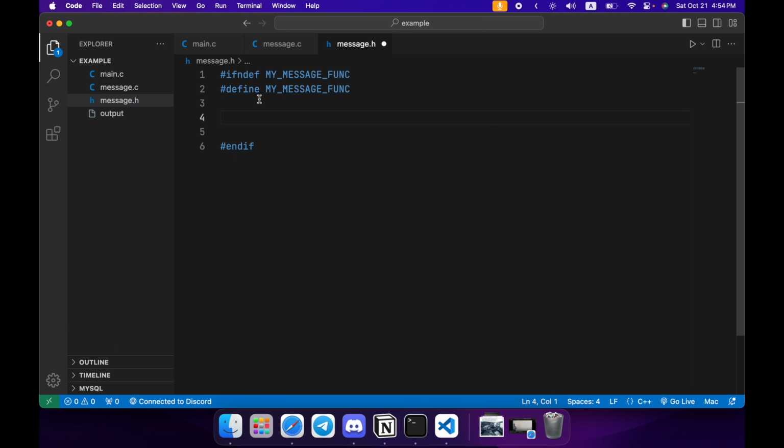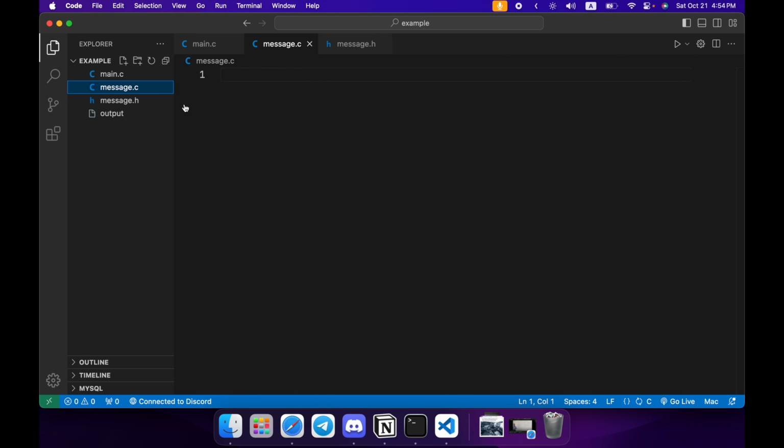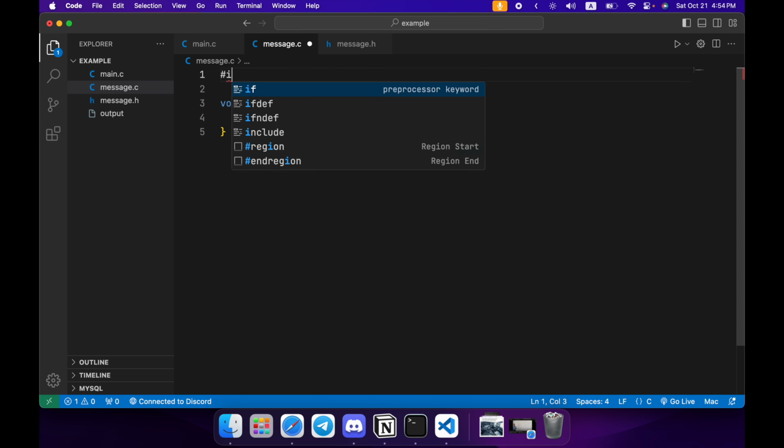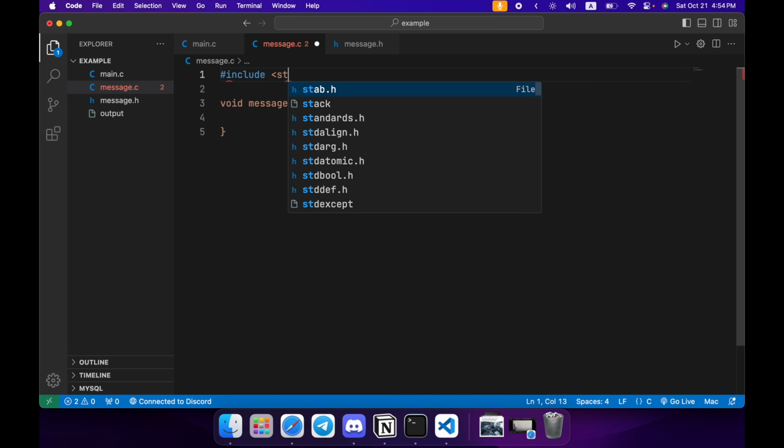I'm sure you already know this, but it is a good idea to type these just for practice. Most modern IDEs will type this for you when you create the header file, but it is still good practice. Let's declare a function called message_hello, and now we can go back to the message.c and create that function message_hello. I'm going to say, actually, first we have to remember to include the libraries that we're going to use,